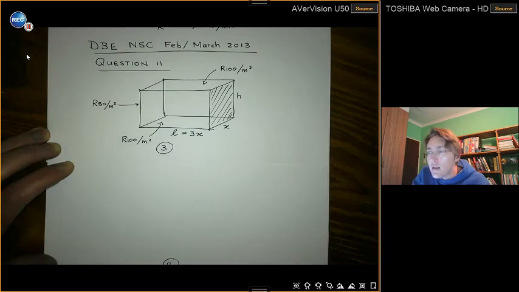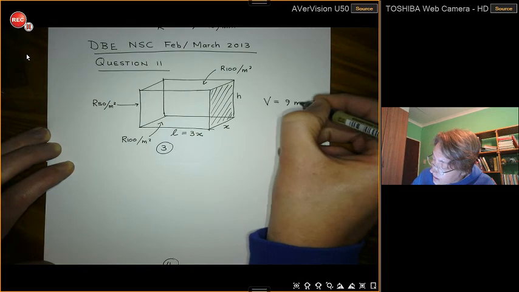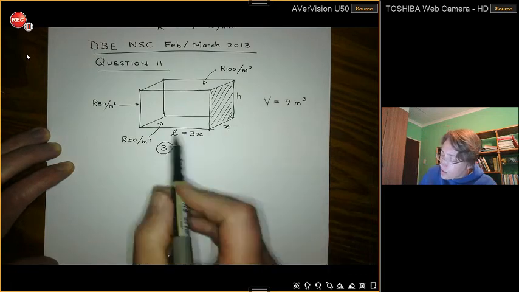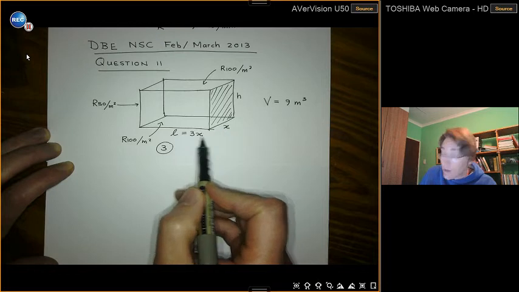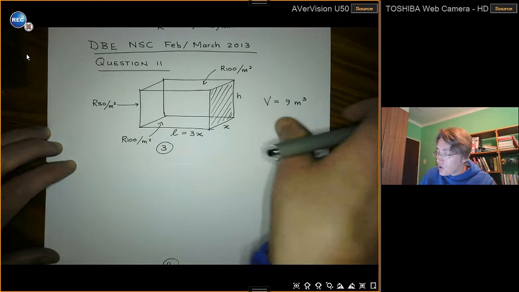Right. Then it says the box must have a volume of 9 meters cubed. So let's write that down as well. The volume of the box must be 9 meters cubed. So let the width of the box be x meters. And like they said, the width of the box is x meters. So the length, which we've already established, is 3 times the width. So that's going to be 3 times x. And then we have the height of that box as well. Now the very first question they ask over here